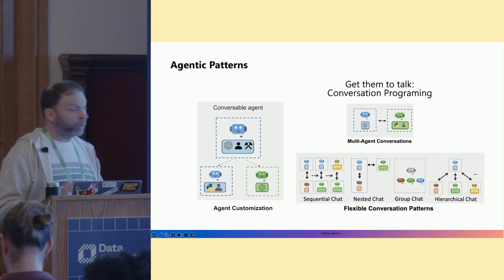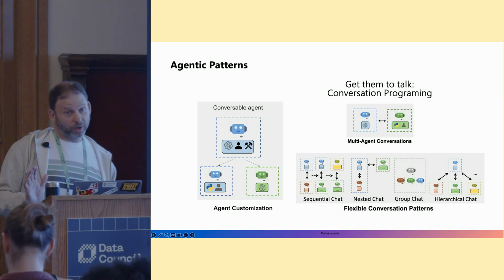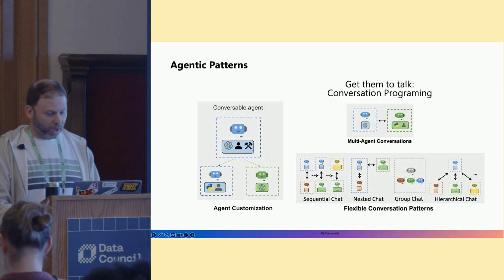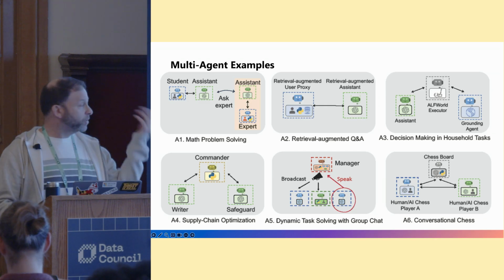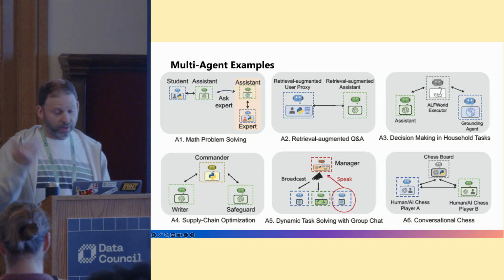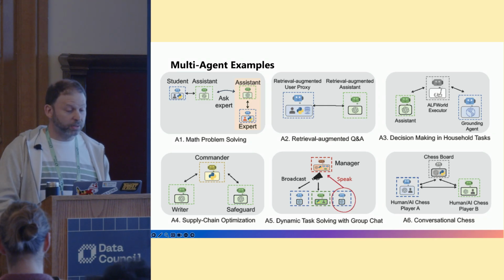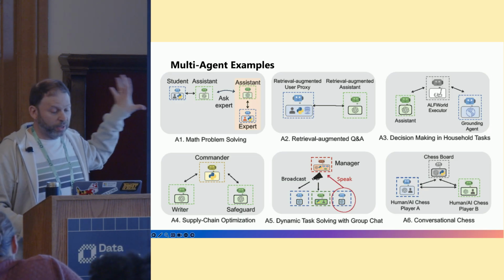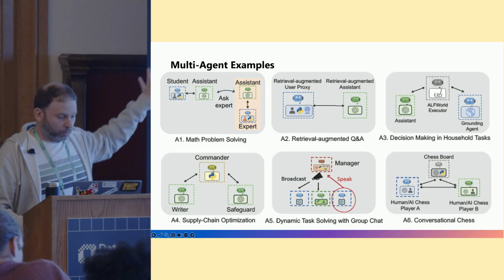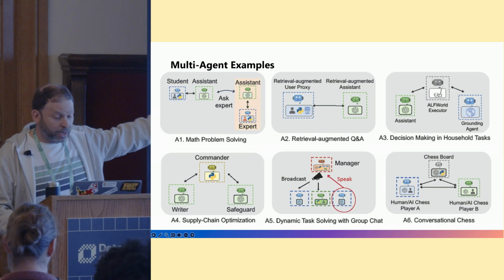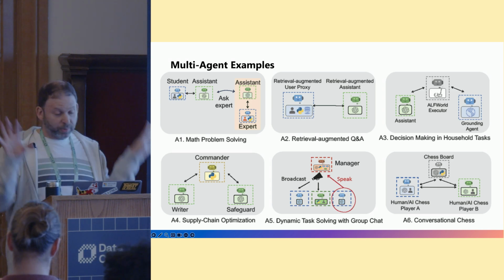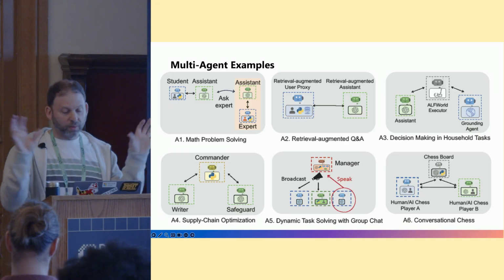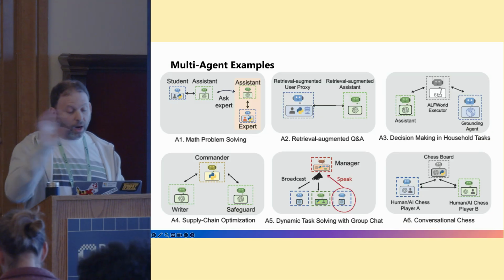All of these are really hard to implement, or at least they were, we hope. And here are some other examples of different kinds of task-based multi-agent examples. So again, you can see there's a theme. There's an agent, whether it's a user or an assistant or a grounding agent. But these are all typically independent pieces, wheels in a machine or cogs in a machine that are communicating with